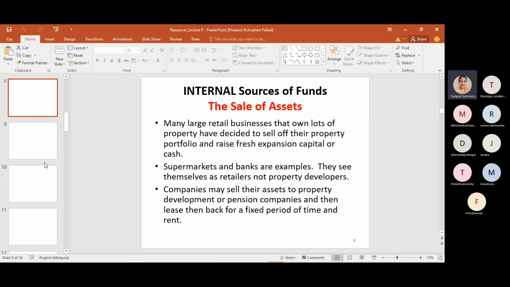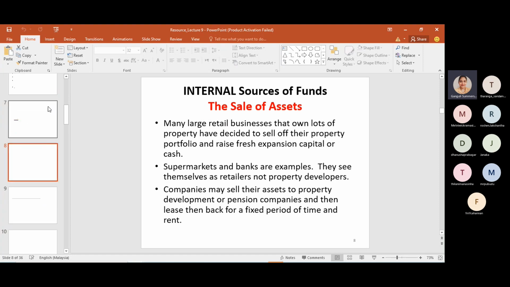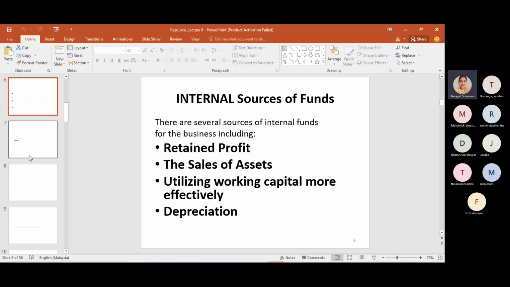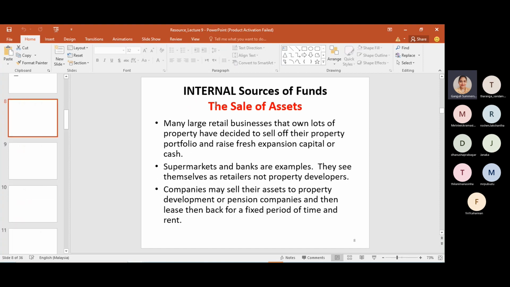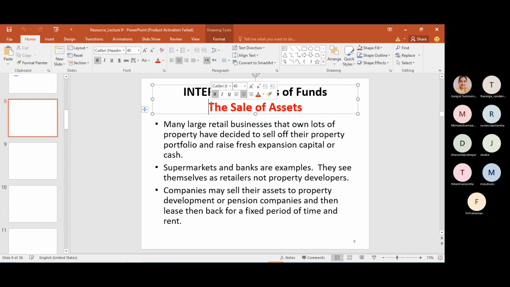Okay, so that is one internal source of fund. The next thing is the sale of assets. You can understand this just by looking at the name itself. The sale of assets means